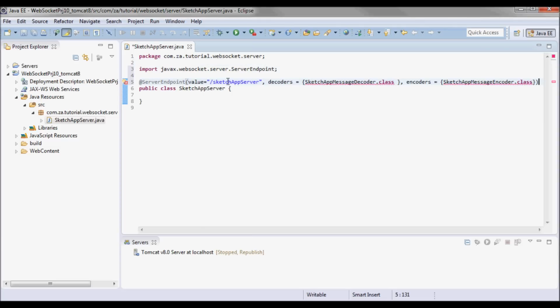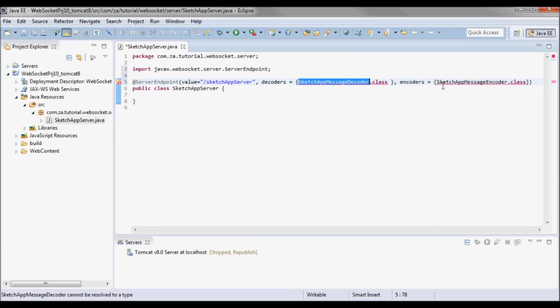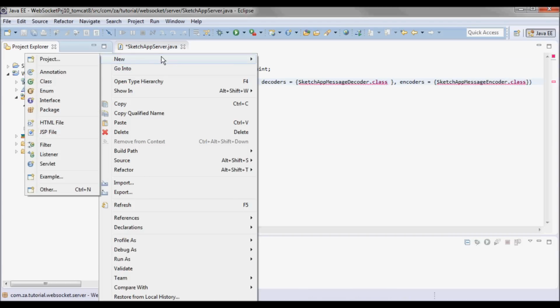So we'll access it with project name slash Sketch app server, and I will have two classes, one acting as a decoder, Sketch app message decoder, and the other acting as an encoder, which is Sketch app message encoder. So let's go ahead and create those two.